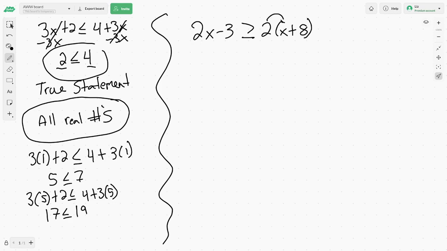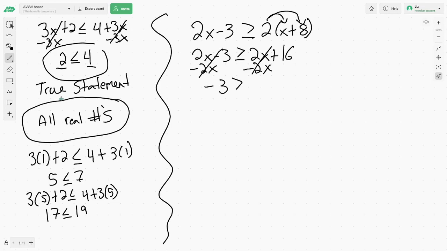All right, so again, we distribute first. So we get 2x minus 3 is greater than or equal to 2x plus 16. I'm going to subtract to move it over. And I get negative 3 is greater than or equal to 16. That is a false statement. Negative 3 is definitely not greater than or equal to 16. So because this is a false statement,